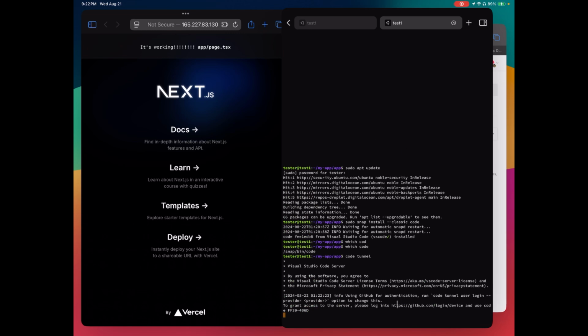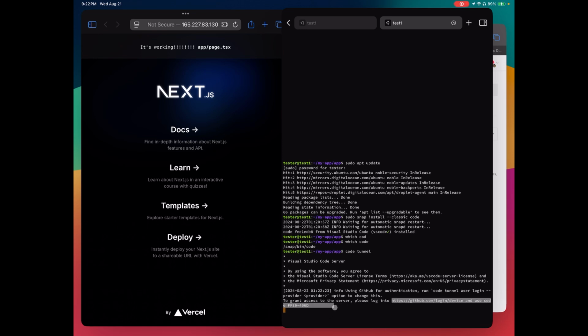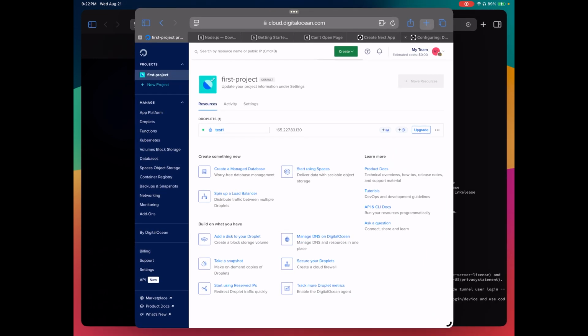And it tells us what to do right here. It says to grant access to the server, we need to log in here. Now, by default, it's going to use GitHub for our login credentials. You can also use your Microsoft account if you would rather use a Microsoft account. I think probably most people are going to want to use their GitHub account for this. So we just copy that URL and we go back over here to our browser